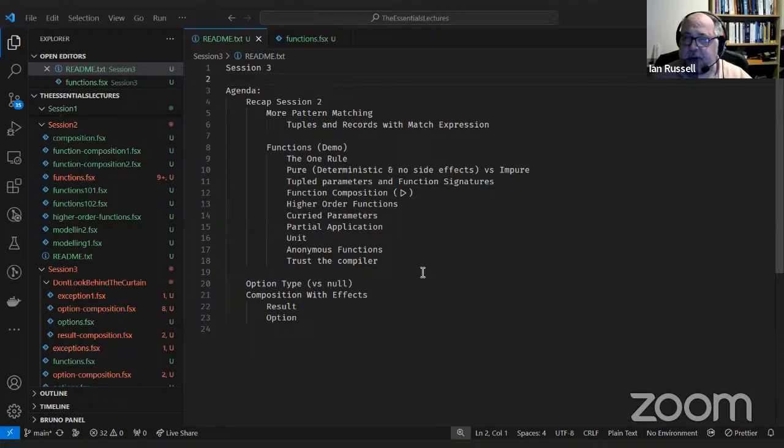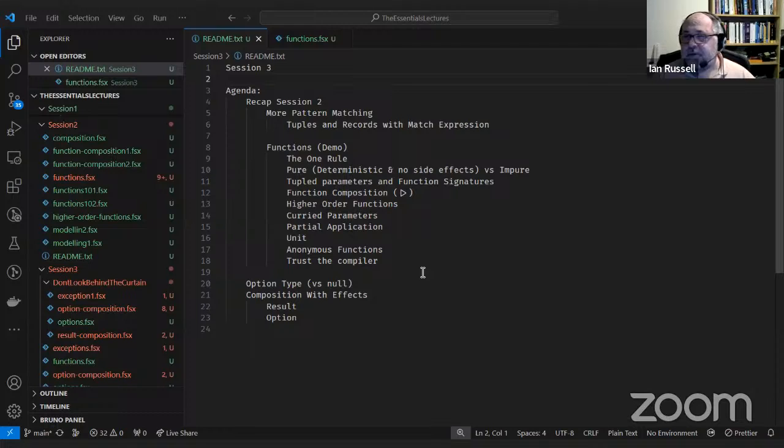effects. So we're aiming to write as many pure functions as we can because they're nice, because they don't do things, they don't have side effects, and they're nice and easy to test and work with and parallelize and all the rest of it. But unfortunately, you can't write an application based on purely pure functions because it wouldn't do anything. So we have to live with impure functions as well.